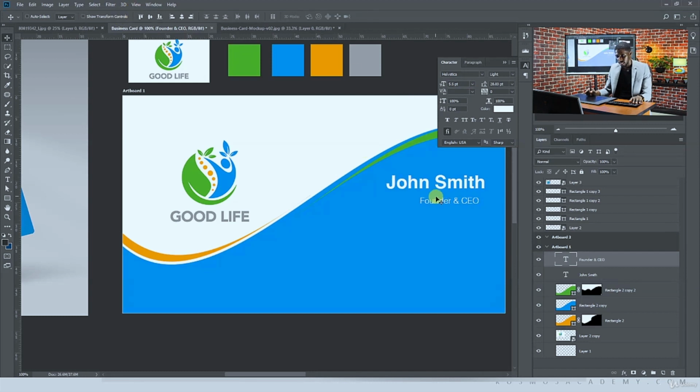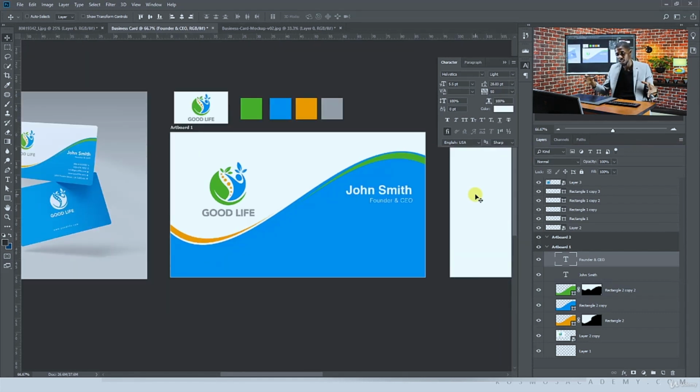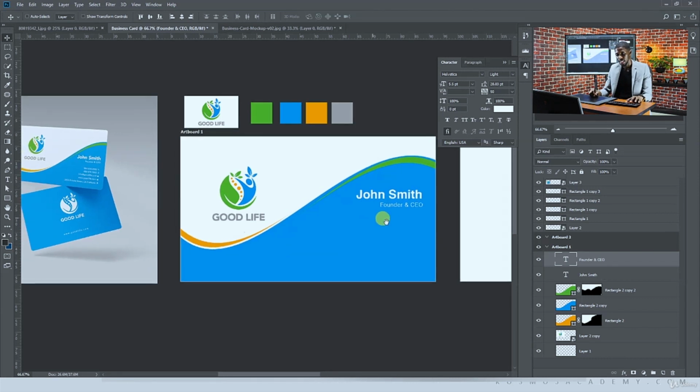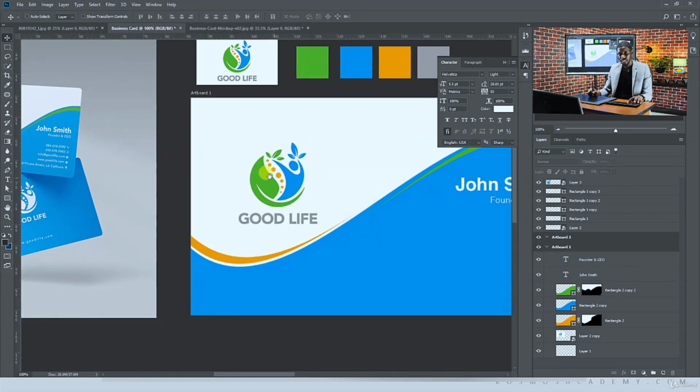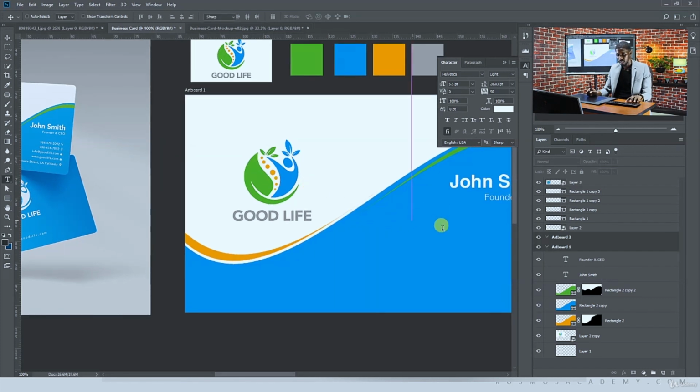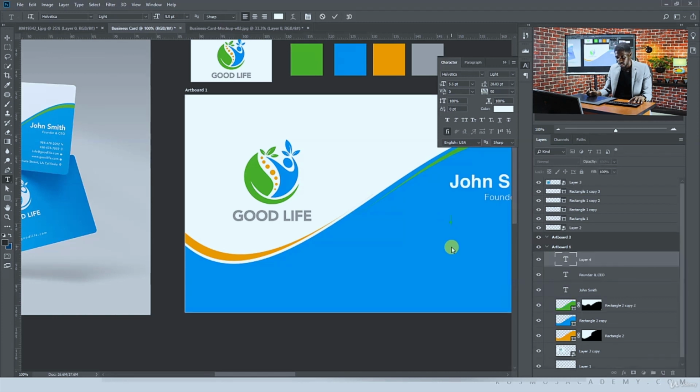Our goal is that it becomes readable, and we're going to increase the tracking of this to 50, because once a type is made smaller, we have to increase the tracking to make it legible. Now once this is done, obviously we will add the phone number. So we're going to add a phone number. So the phone number is